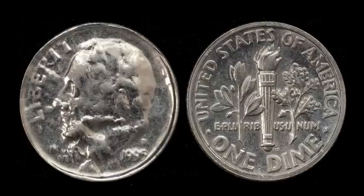Now this is a pretty cool one here. We don't typically see these types of errors on Roosevelt dimes, but this is actually a pretty solid example. A great example of this particular error type, and that is a coin that's been struck through a very late stage capped die, to the point where the capped die is wrinkling on itself. It's that thin, and this is what the coin will look like. You still have the date that actually strikes through that very thin capped die, in spite of the fact that it's beginning to tear apart and wrinkle. So this one right here ended up selling for